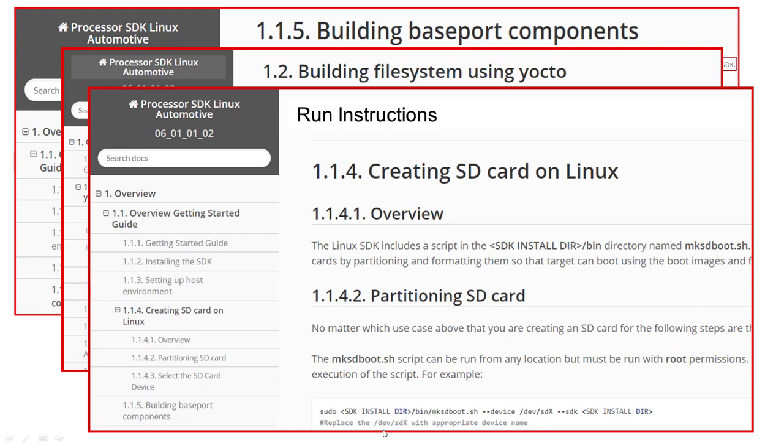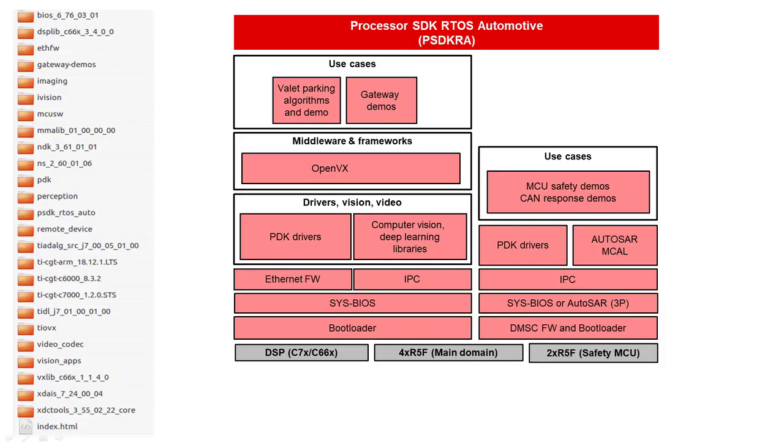We now look at the steps for preparing and running the out-of-the-box binaries. SDK package includes pre-built binaries for the boot images and the root file system. You can use the mksd boot script to partition the SD card and populate it with the pre-built file system and boot images. Once the card is created, it can be used to launch the Linux kernel using the SD card boot mode on the Jacinto 7 EVM. With this, you should be able to boot to the Linux prompt and also see the wallpaper show up on the EVM's DisplayPort. With that, we'll now switch context and focus on the Processor SDK RTOS package.